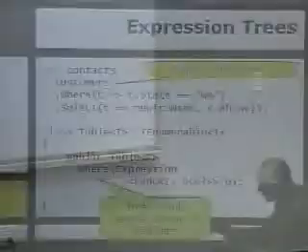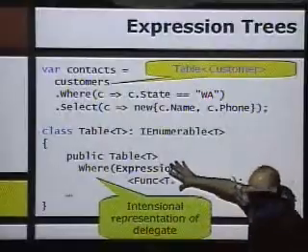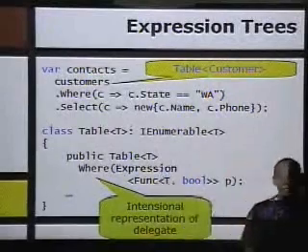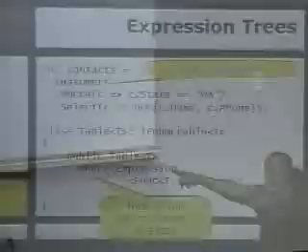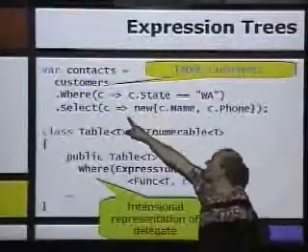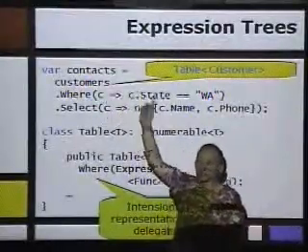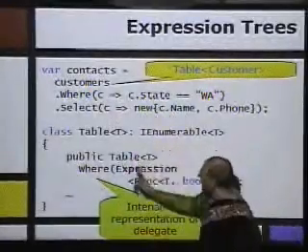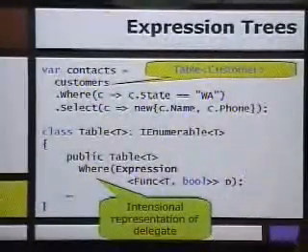That's a good question. One of the things is that you have to distinguish two sides here. The API writer has to be very careful. He has to decide whether he wants a representation of the delegate or just the delegate, so he has to decide whether he wants an intentional representation or not. From the user's point of view, it doesn't matter. I don't see here whether I pass in a delegate or not. That's the beautiful thing here. The user just writes a lambda expression. The API writer can decide whether they need an intentional representation of the code or whether they just have to be able to call it. So I think that's a very powerful thing.